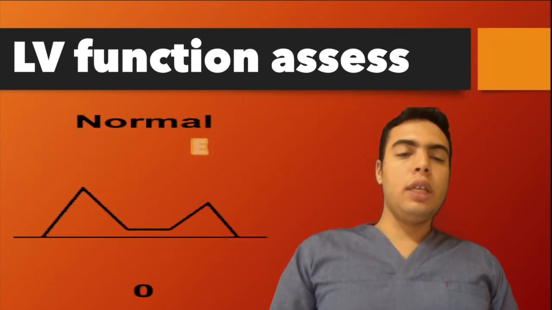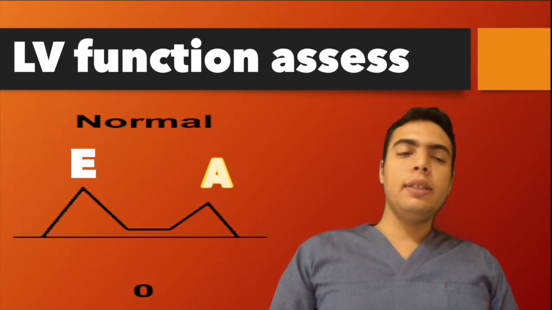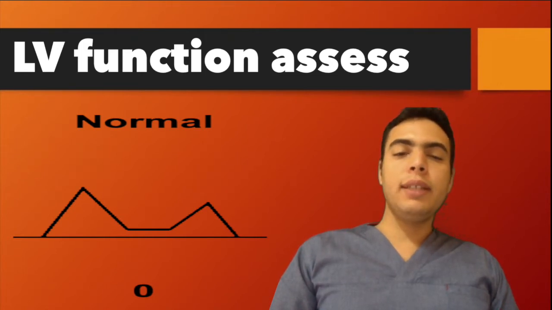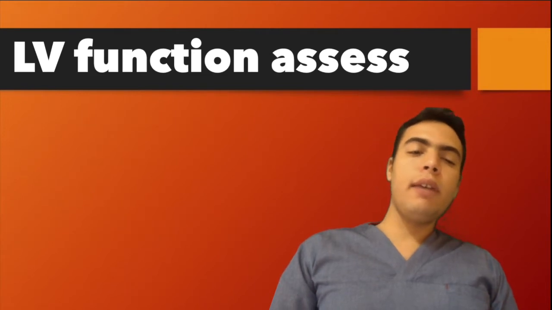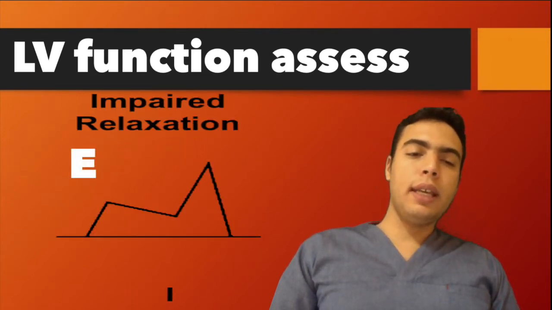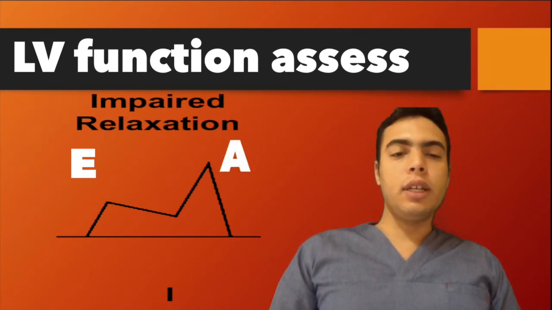As we know, it shall give us a parabolic curve of E and A wave. The E wave shall be greater than the A wave. Okay, that's the normal. But here, if the A wave comes greater than the E wave, this means there is a grade 1 diastolic dysfunction,